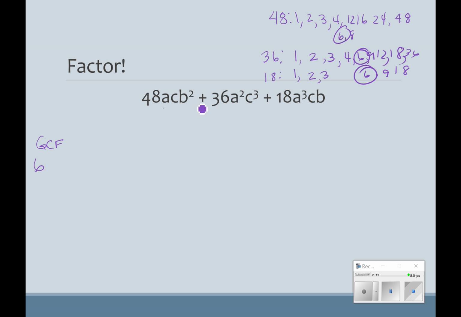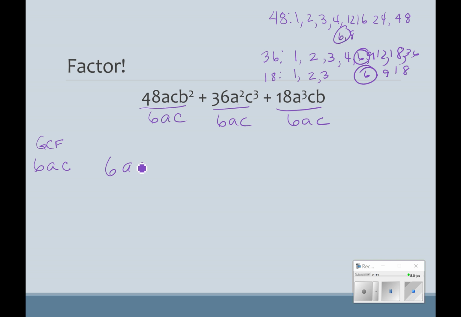6. Everything has an A, and the smallest power of the A is 1, so we're just going to leave it A. Each term has a C, with the smallest power of the C being 1. And the first term has a B, but the second one doesn't, so that's not part of my greatest common factor. So I'm going to divide everything by 6AC,